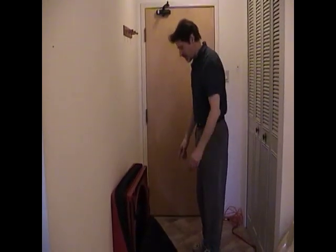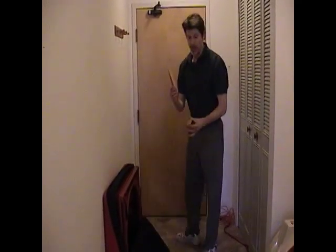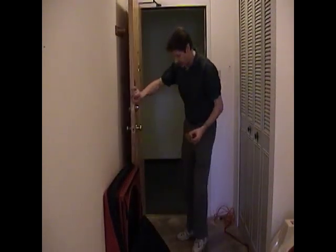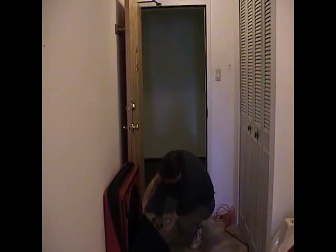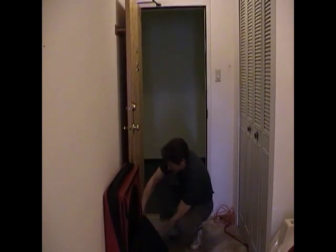And the next thing we need to do is to open up the door. So you can take a couple or one of, depending on how many of the door stops you need, and open the door up and wedge it into position. Now we want to make sure that's tight because we don't want the door closing on top of the panels